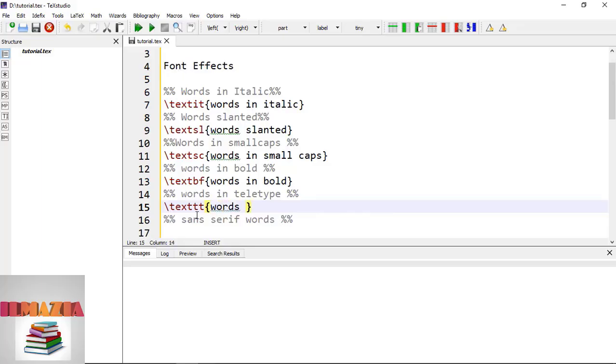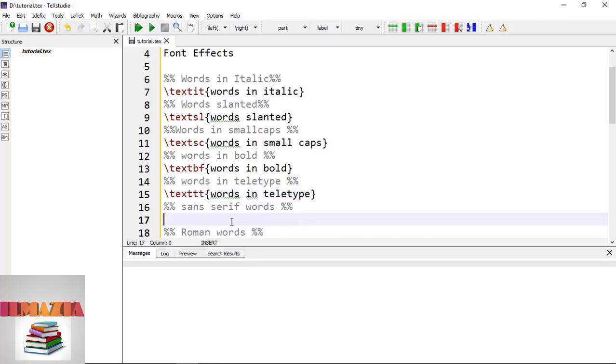So words in teletype. Sans serif words will be written as \textsf, sans serif. This is very simple and easy. Sans serif words,